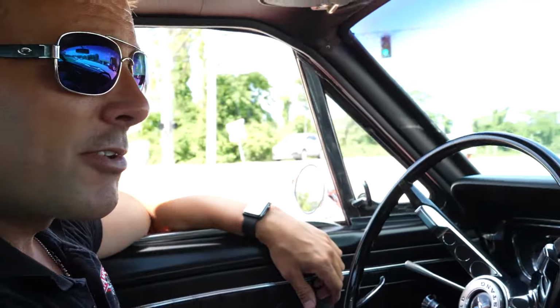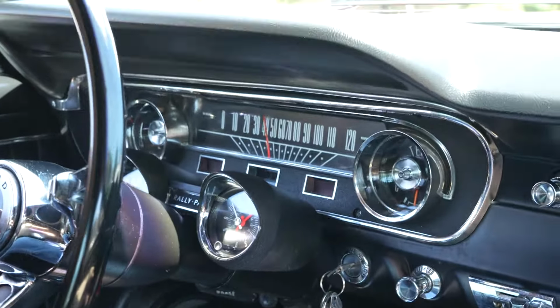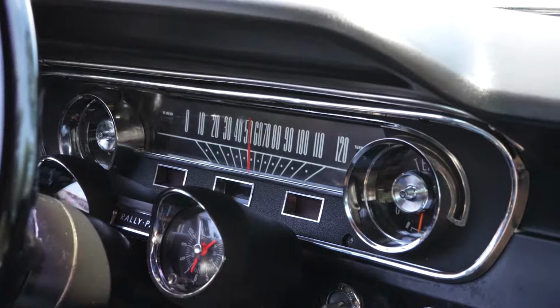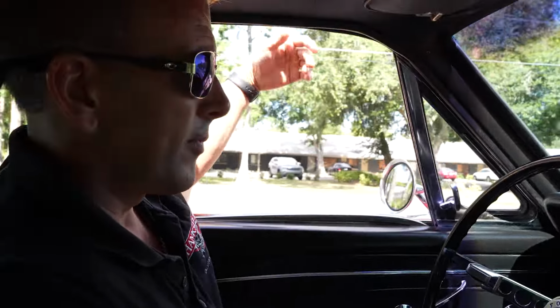All right, let's run this thing through the gears. Oh, we got this Kia in front of us. Well, I'm going to catch up to traffic. I mean, that's 55. We're in a 50 right here, but